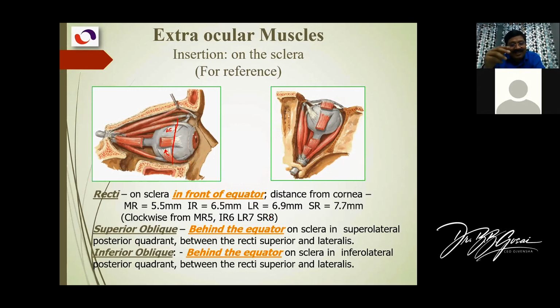Okay, and this nature's healing mechanism will shorten this much distance of the muscle, so this much angle will change. Otherwise, you correct it, it may be over corrected, and you are correcting a little squint and the patient develops medial squint. So these millimeters are very important for these specialists.